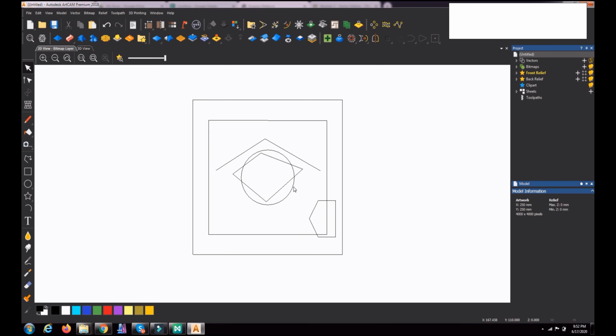And some more methods are also there. If you are selecting these 2 vectors, suppose I am selecting this circle and this rectangle, you can align them. Now align to the left. See, I am aligning this circle to the rectangle's left side. Okay, you have to note that whatever you selected first, that will remain there, and the second selected thing will move.